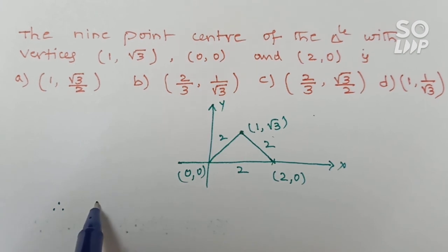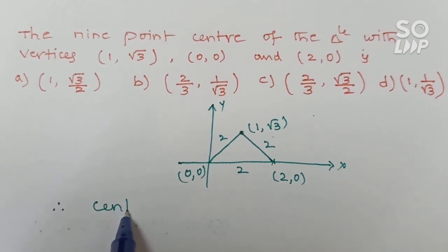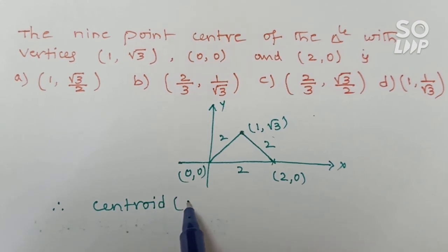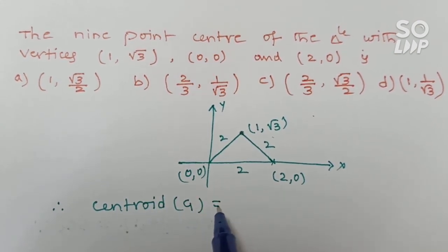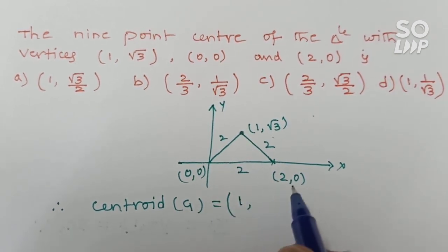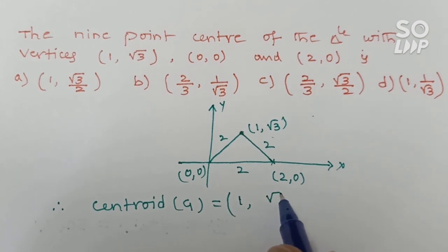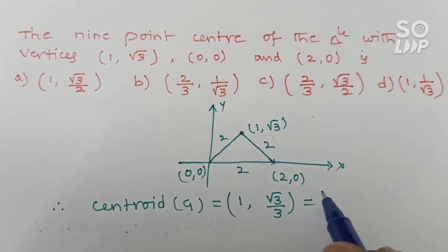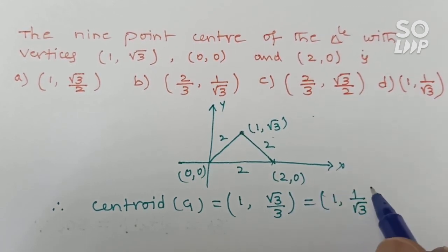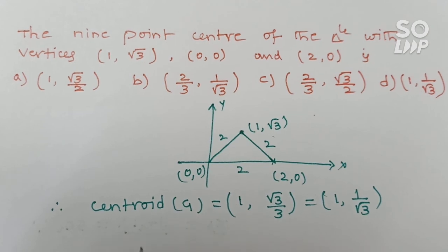Therefore centroid, in brackets G, is equal to the sum of the x coordinates divided by 3, that is 3 by 3, which is 1, comma, the sum of the y coordinates root 3 by 3, that is equal to (1, 1 by root 3). Now we should find the